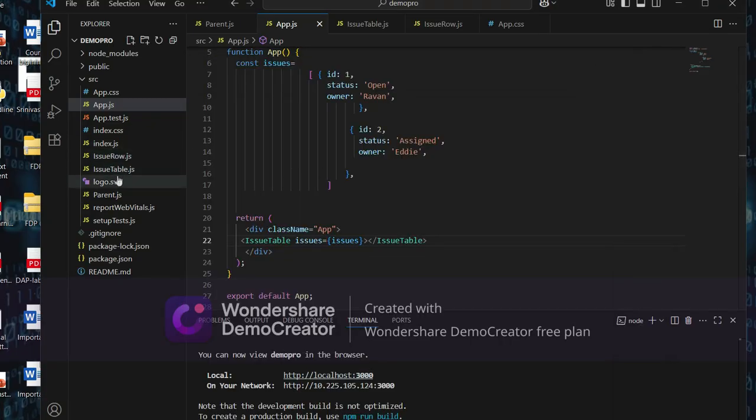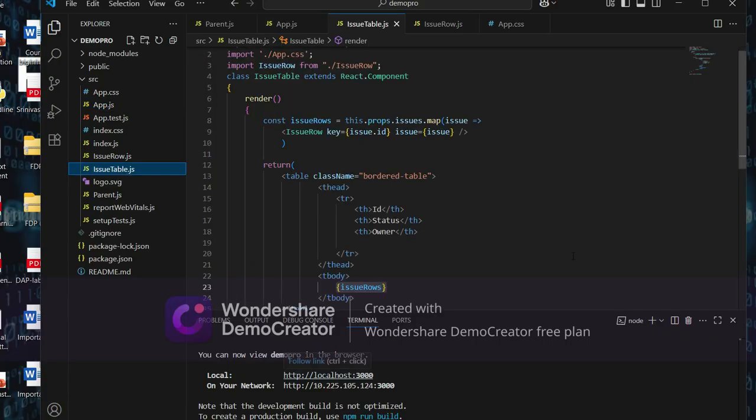Let's see this now. We don't know exactly how many records there will be, or what the length is. It will come dynamically from another component, or it may come from an API, from the backend. In that case, what can we do? Suppose in this I'm going to pass